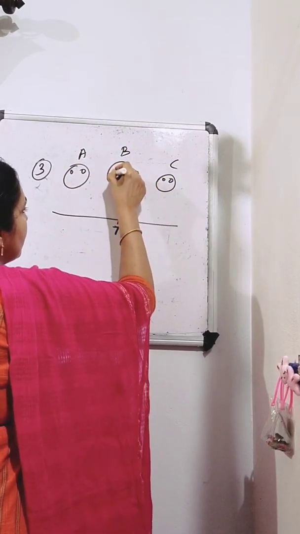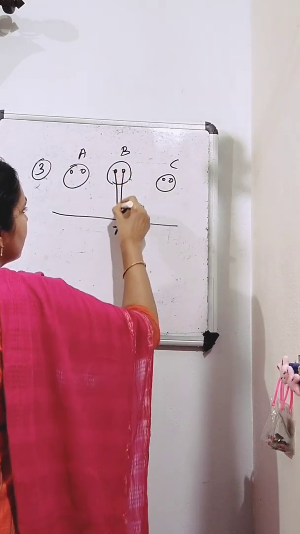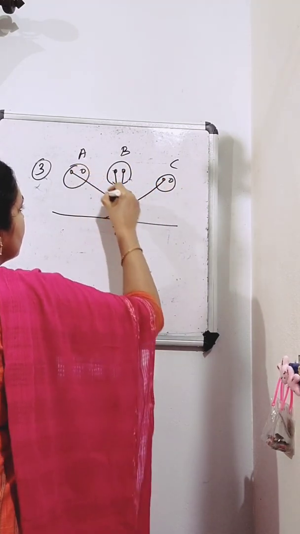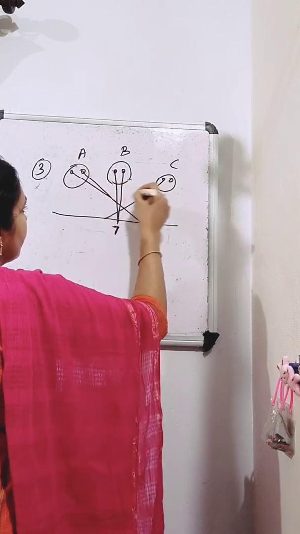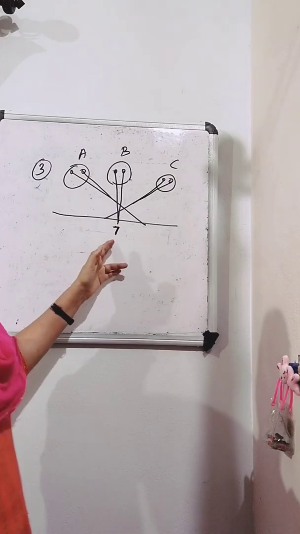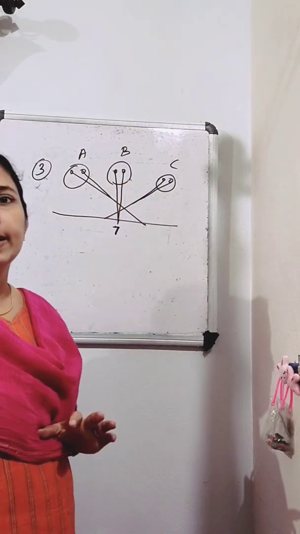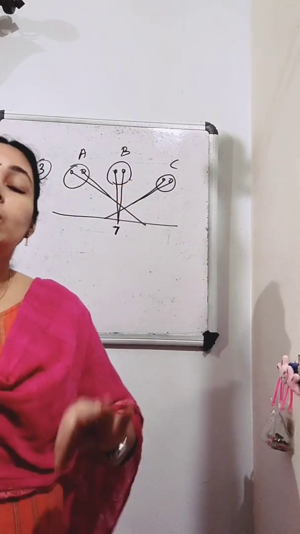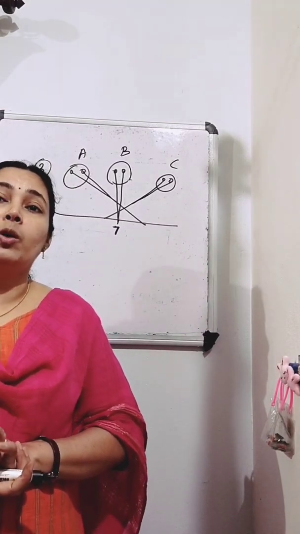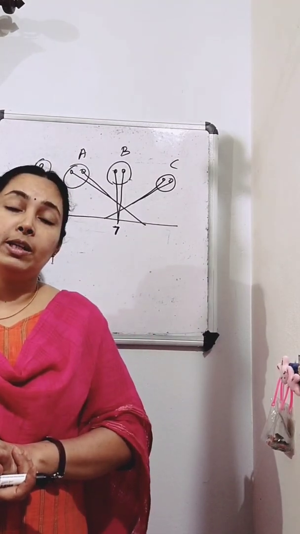Okay, so this boy is looking straight from here. He is looking from here and this boy is looking from here. So what about the view? Who is getting the correct measurement? B is getting the correct measurement. So when you are measuring, correct position of the eye is also important for making the measurement correctly.